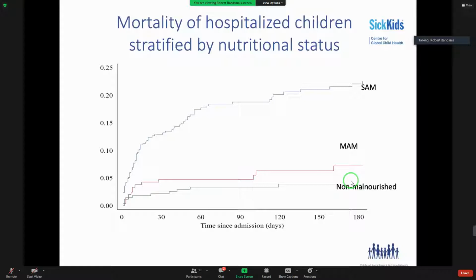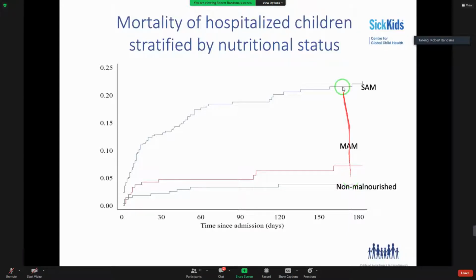So you can see in the severely malnourished population, after hospitalization for any acute illness, it can be pneumonia, diarrhea, there wasn't really a clear relationship with the type of illness they were admitted for, 20% of those children will have died by 180 days. And you can see that the slope of the curve is very steep in the beginning, and then it levels off, but it never goes completely flat, right? So you can see that that vulnerability remains.